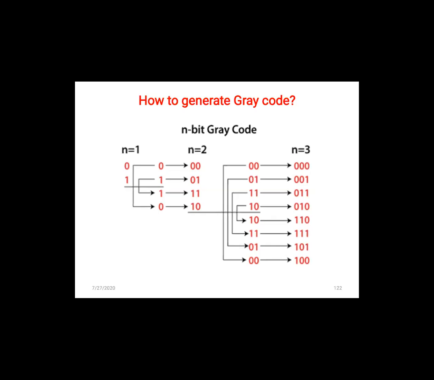Okay, after 0 0, I have to change 1 bit. The most obvious one is 0 0 के बाद तो 0 1 है. Now once I write 0 1, 0 remained as 0. MSB वाला, LSB का जो last bit है, I changed from 0 to 1. So yes, I followed the rule that 1 bit has been changed.